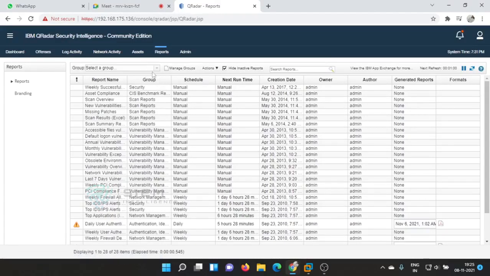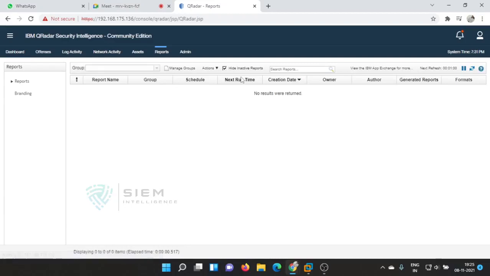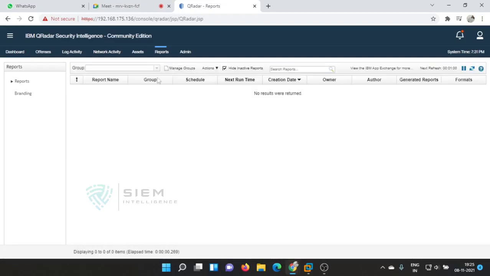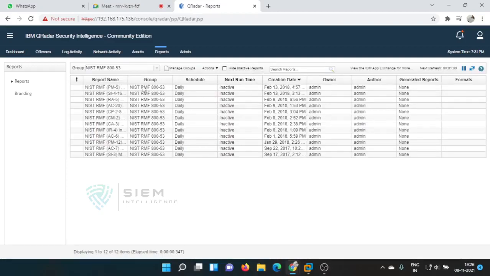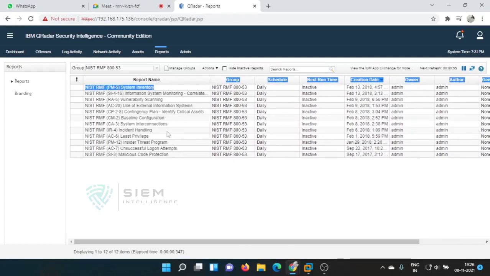See, this was the NIST, which is not showing anything right now. But if you remove this particular checkbox, you are still not getting the reports.